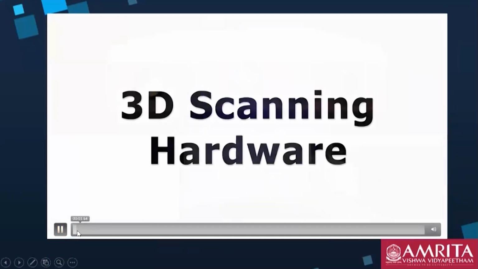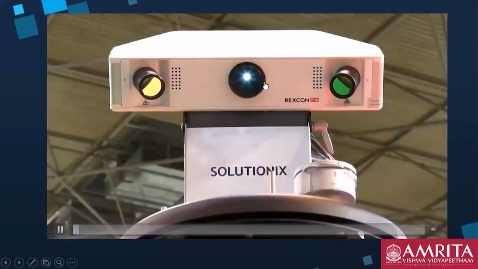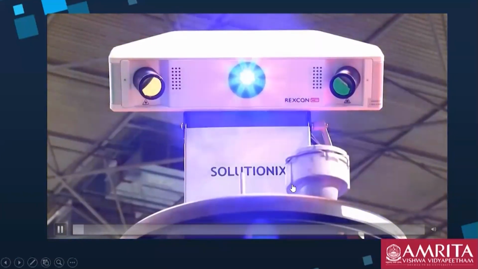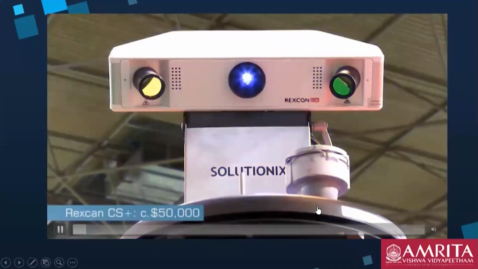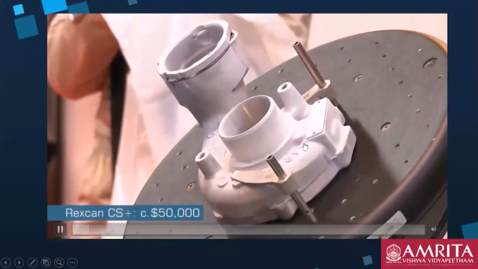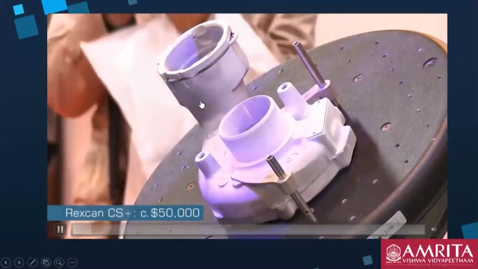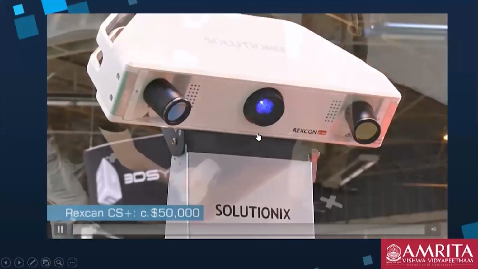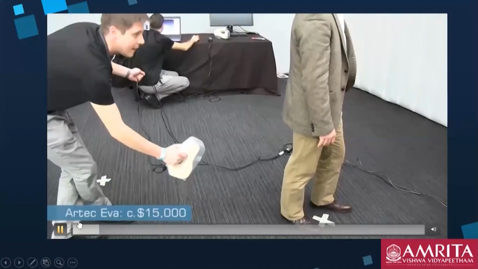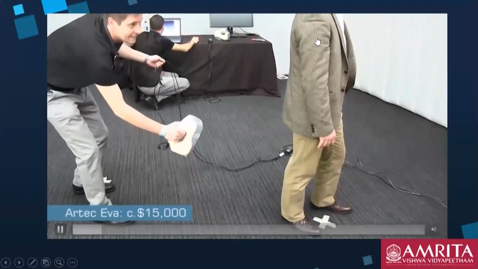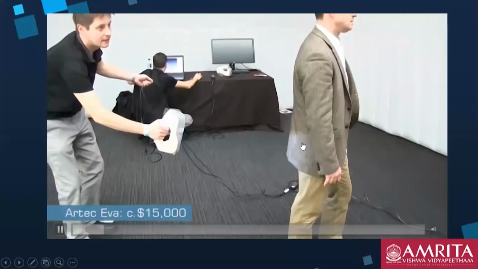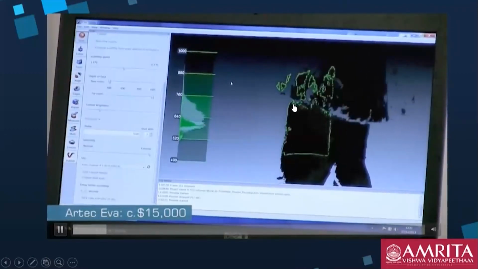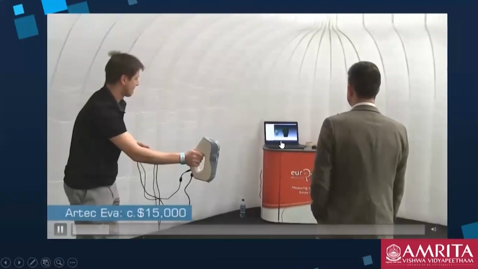So in 3D scanning, you will see here the projector light is focused on this object. There is a complex object kept on the turning table. It is rotated and the light is passed on it and captured by the camera. You see this man is scanning a human and you are getting the 3D model simultaneously.